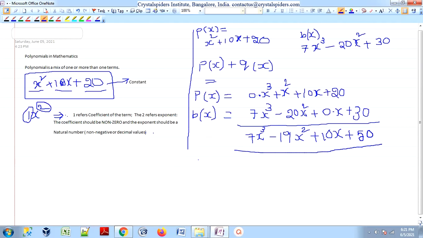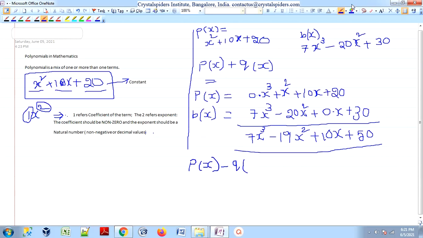So this is what guys, addition of the two polynomials. In the similar way, I want to do the subtraction, I want to subtract the two polynomials. That means p of x minus q of x. So how do we do this? It is a similar way guys, but the only thing is we are going to add one simple step to perform that subtraction of these two polynomials. So p of x minus q of x.